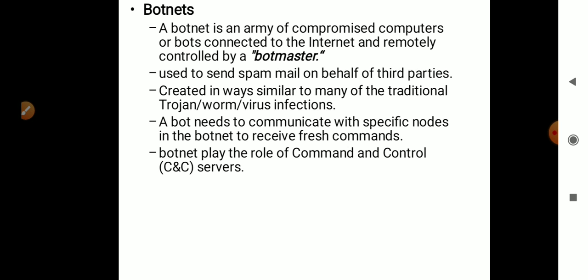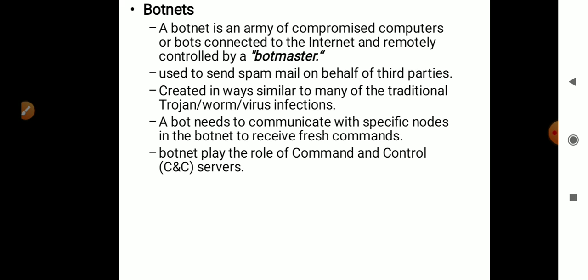The last topic is botnets. It is a trending way in which systems are attacked. So what is a botnet? It's an army, meaning it has a lot of systems within it: an army of compromised computers connected to the internet, monitored by a master called a bot master.